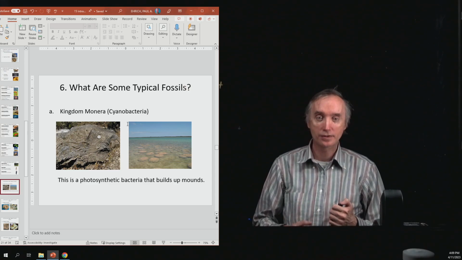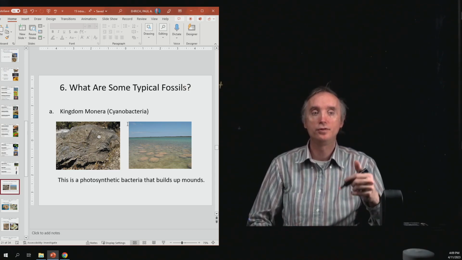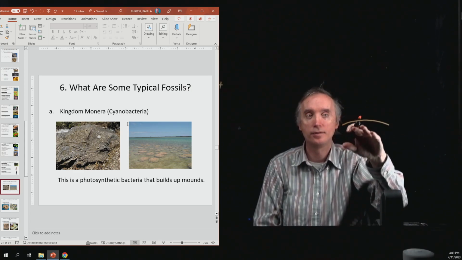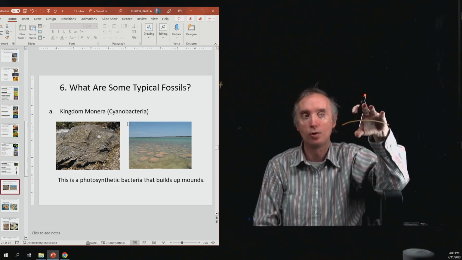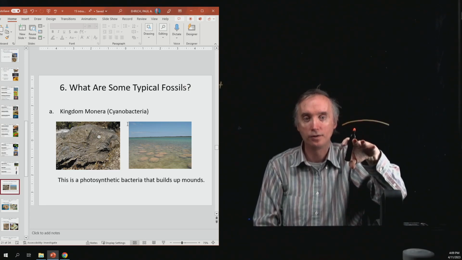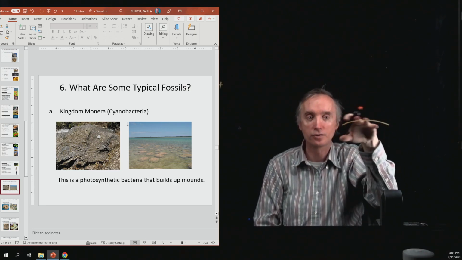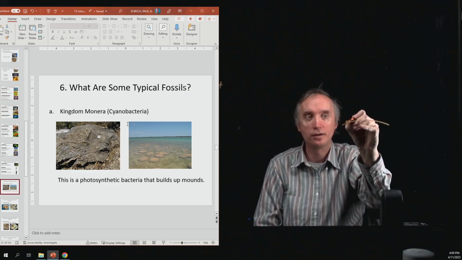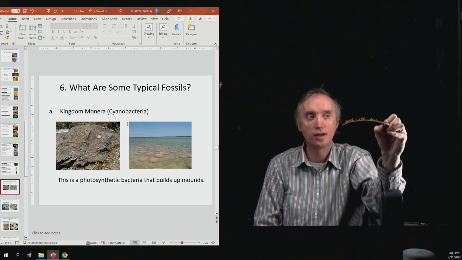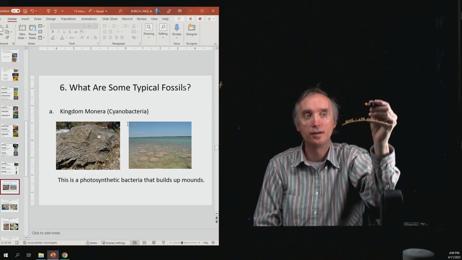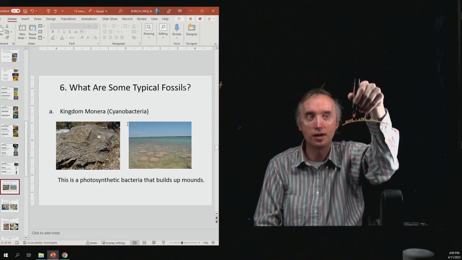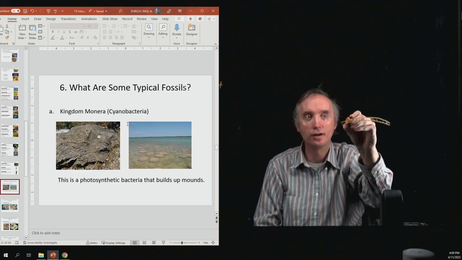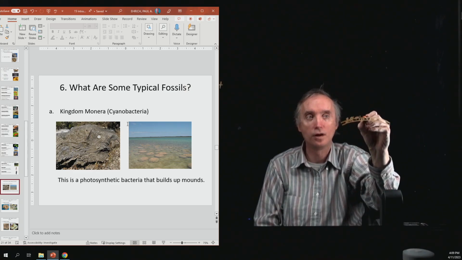photosynthetic bacteria, and what they would do is they would grow on top of a rock, and part of the day they would be out of the water, and then part of the day they would be underwater. So they would live on the shoreline of an ocean. Then as these bacteria, which are on the surface of this thing, would die, then more sediment would fall on top of them, and a new layer of bacteria would then start to grow on top of the